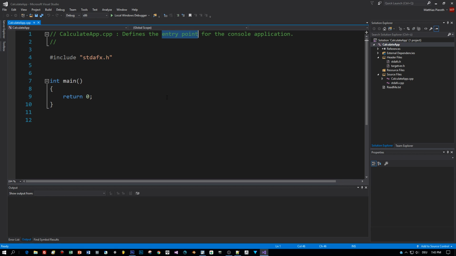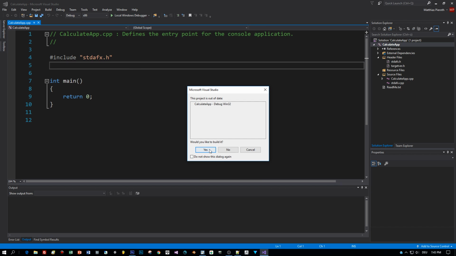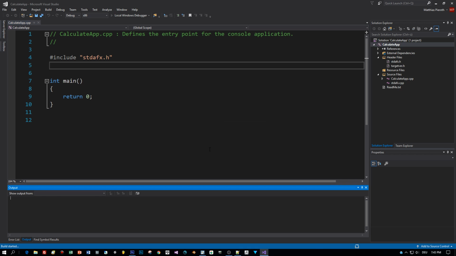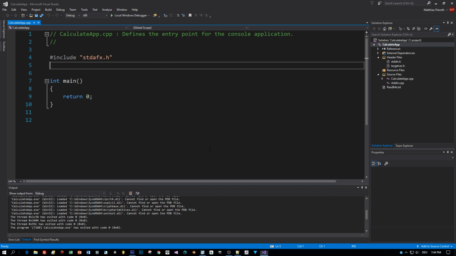And when the program terminates, it returns 0, which means okay, everything was correct. Now when I press this local Windows debugger, I start my program. I will explain what a debugger is later on, but then you don't see much. It is compiled, linked, everything is done in the background, but the console isn't visible because it is started and